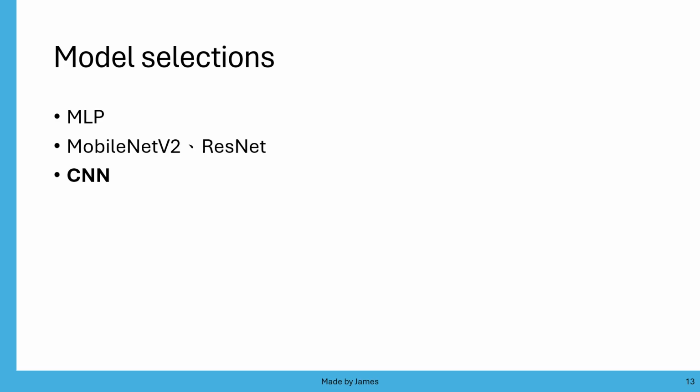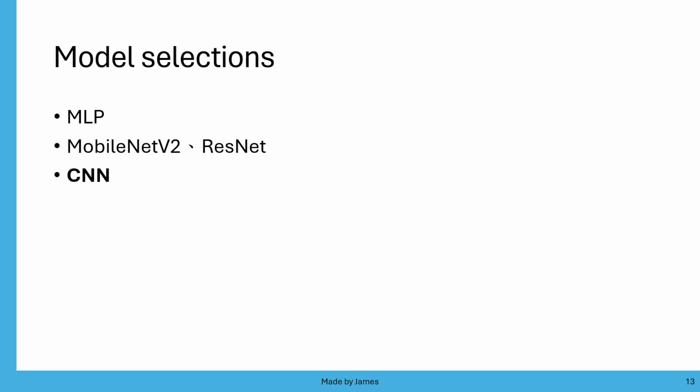As for MobileNetV2 and ResNet, while incredibly powerful, their size is simply too large for embedded chips with only a few hundred KB of storage space. And lastly, weighing computational resources against recognition capability,